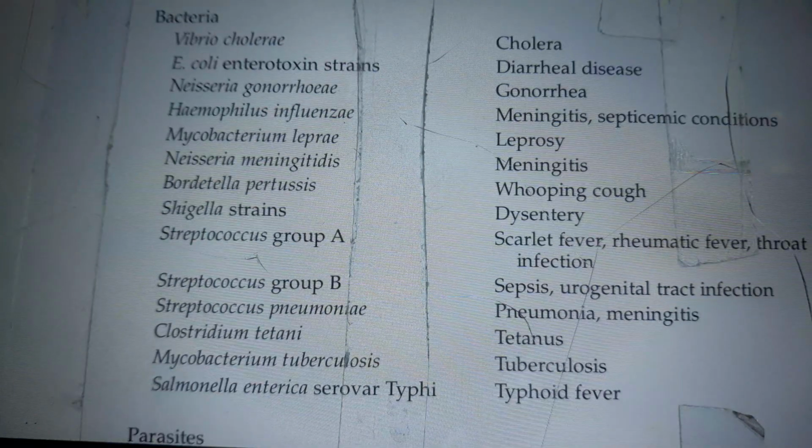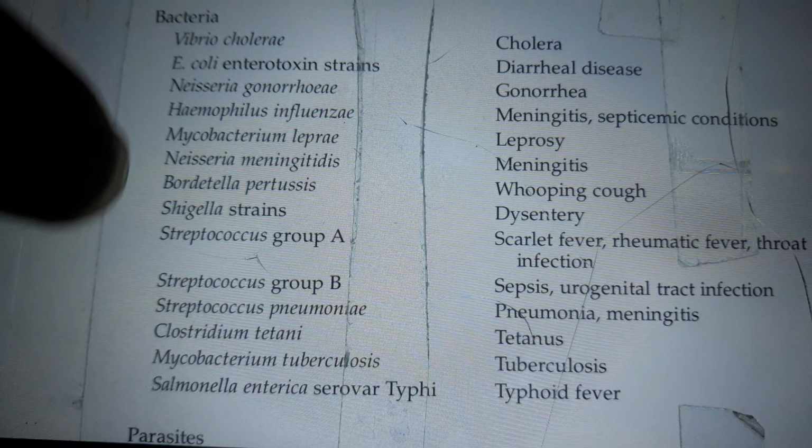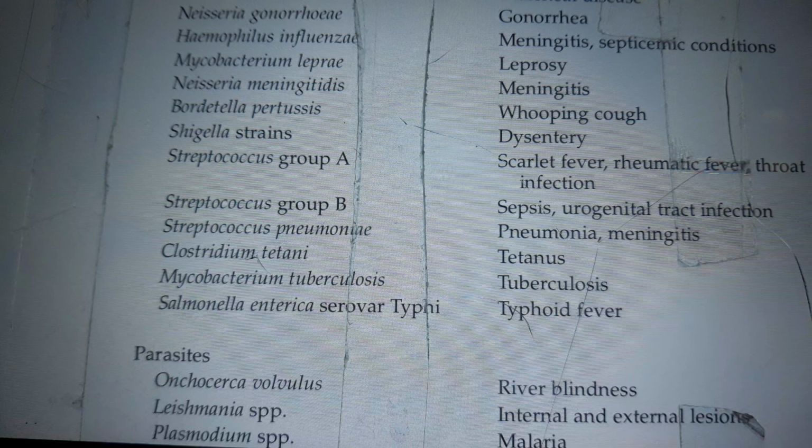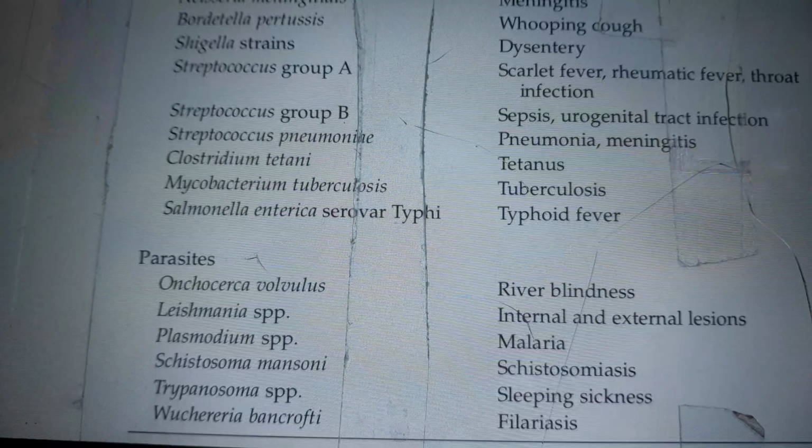And bacteria: Vibrio cholerae, causing cholera; E. coli enterotoxin strains, diarrheal disease; Neisseria gonorrhoeae, gonorrhea; Haemophilus influenzae, meningitis and septicemic conditions; Mycobacterium leprae, leprosy; Neisseria meningitidis, meningitis; Bordetella pertussis, whooping cough; Shigella strains, dysentery; Streptococcus group A, scarlet fever, rheumatic fever, throat infection; Streptococcus group B, sepsis, urogenital tract infection,